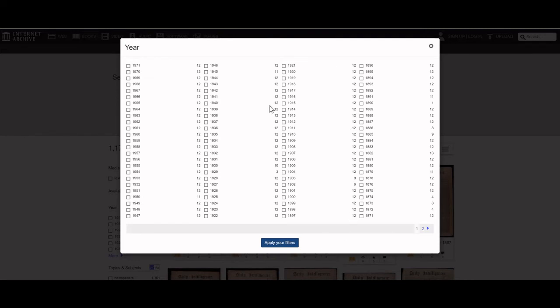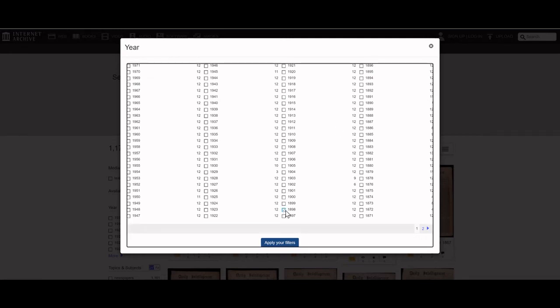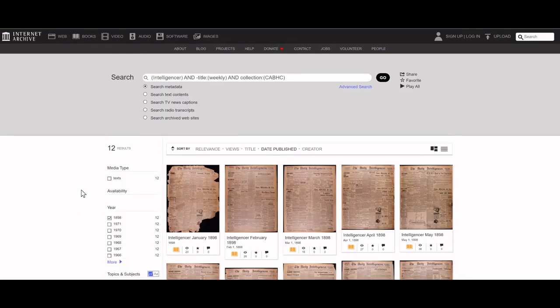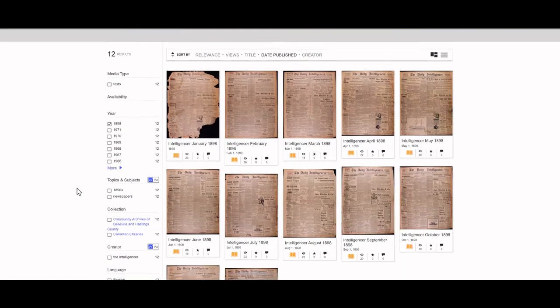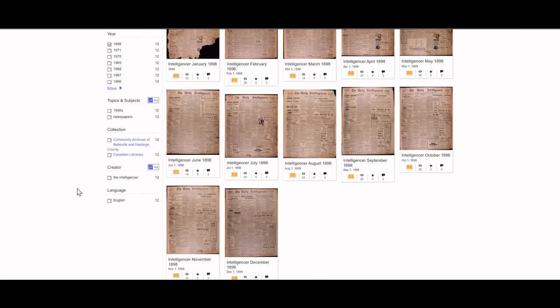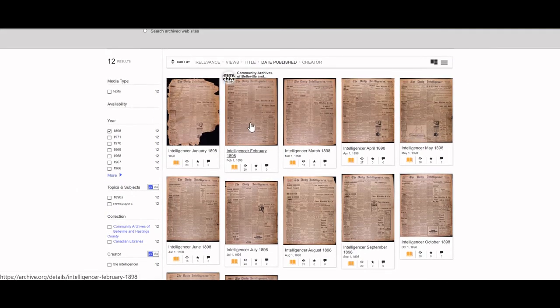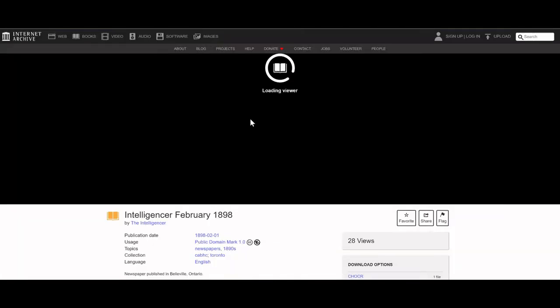If any are checked, uncheck them, and then check 1898, which is actually right here. And we find that for 1898, there are 12 months of results. Apply the year filter, and here we are in 1898, and all 12 of these should relate to only 1898. He died in February, so we'll click on the February thumbnail,